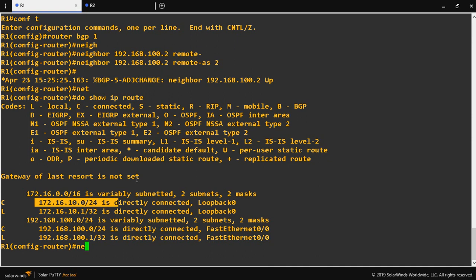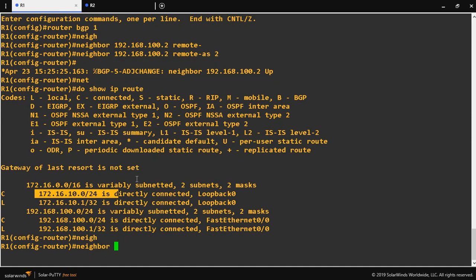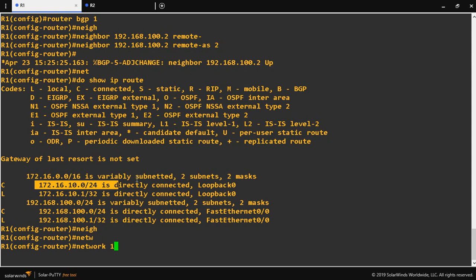So network 172.16.10.0 and the subnet mask is 255.255.255.0.